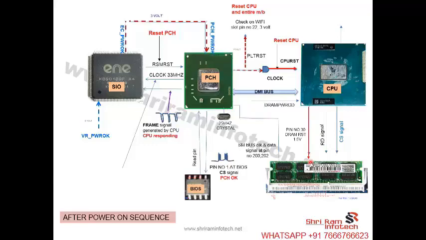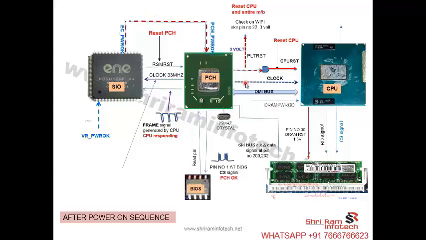Now there is a clock department inside the PCH which is connected to the 25 megahertz frequency clock, and this PCH starts generating the different frequencies within that chip, and in this way the clock will be generated like this. This clock is given to the CPU, and this clock goes to the different chips. We are showing only two, one here and one here, but there are so many frequencies that come out